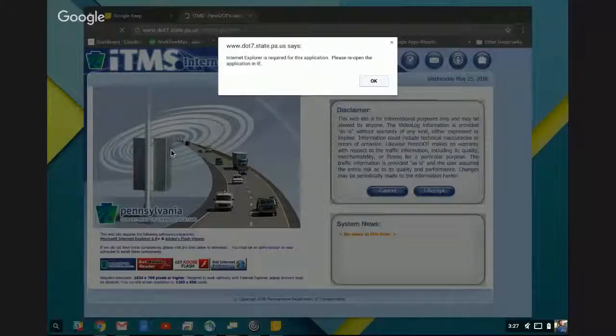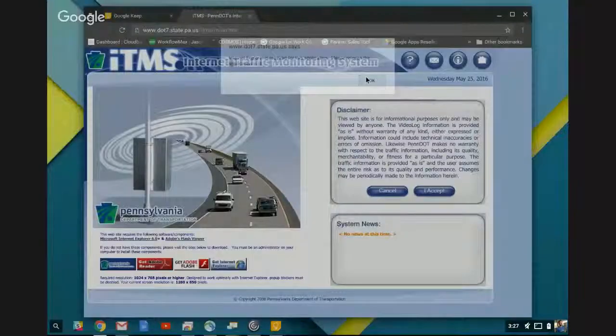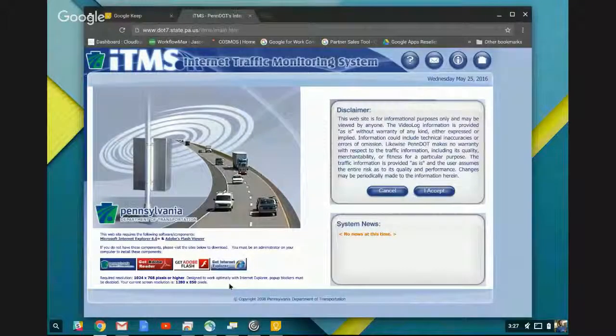They've done a pop-up here to kind of just say you need to use an older version of IE. But then even on that page, down at the bottom left, the required resolution is really low. It says something about Internet Explorer 6 being the required version. So we don't want to be living in the past just to use whatever app this is, the Internet Traffic